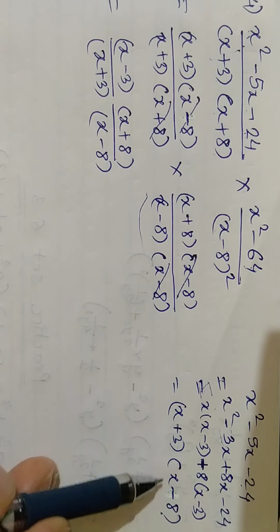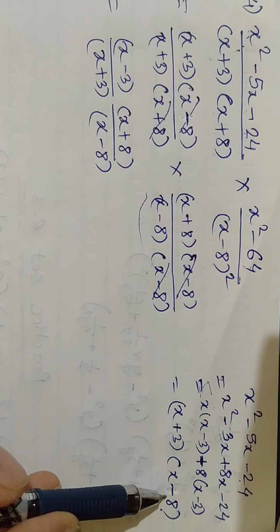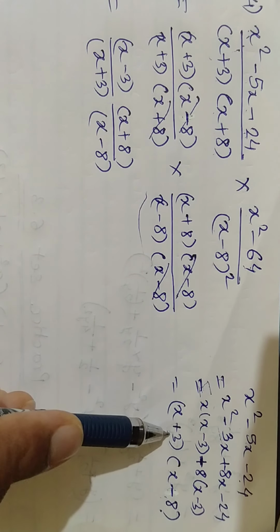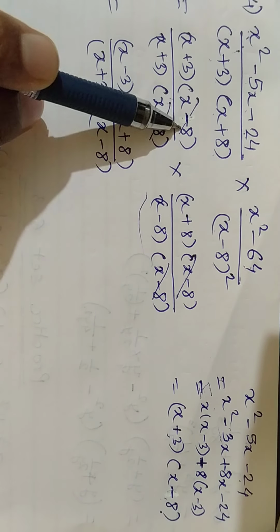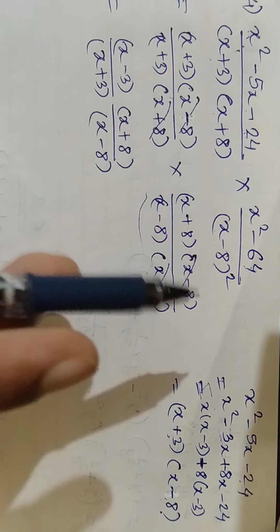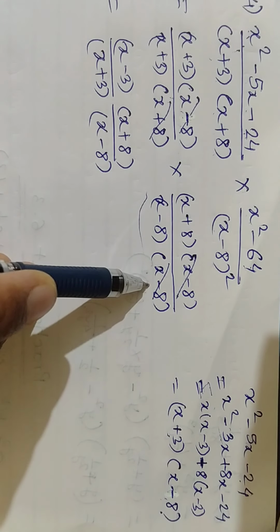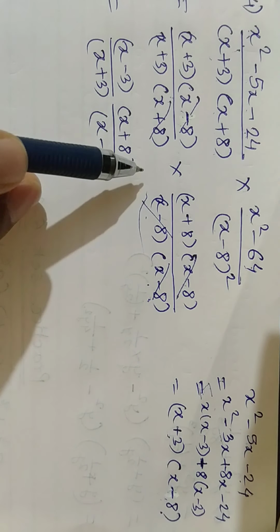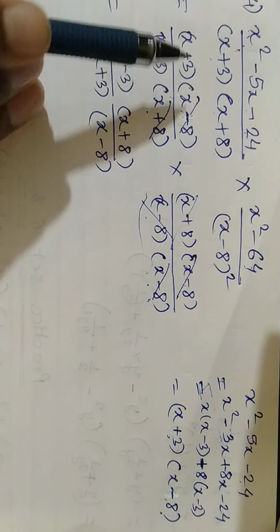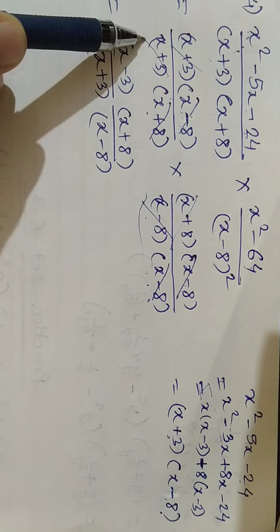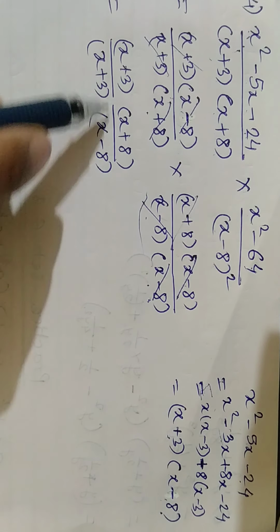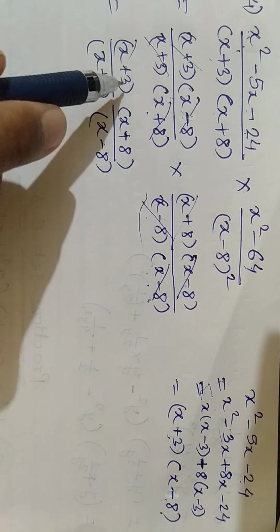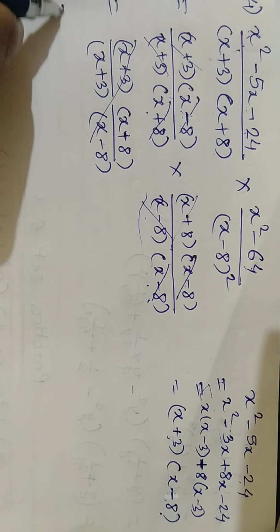See, in this the sign difference was there. Here x minus 8 should come because minus 5, we should get the answer, so minus 8 and plus 3. See here, minus 8, x plus 3, x minus 8. So x minus 8 here and x minus 8 here will get cancelled, then x minus 8 again, one x minus 8 cancels. This x plus 8, x plus 8, here x plus 3 and x plus 3, both will get cancelled. Directly we will get the answer 1.